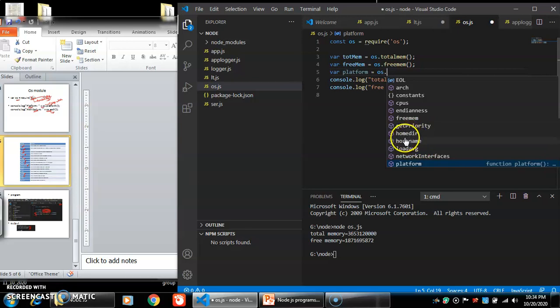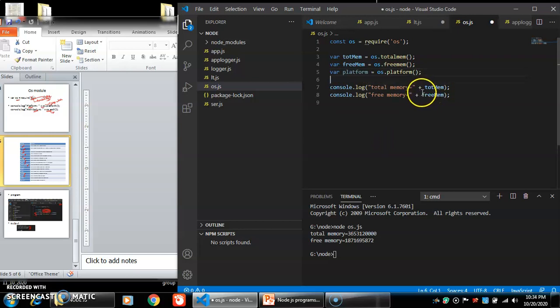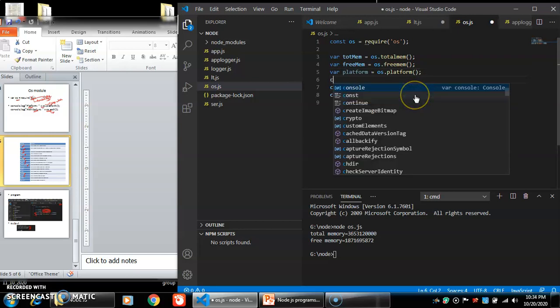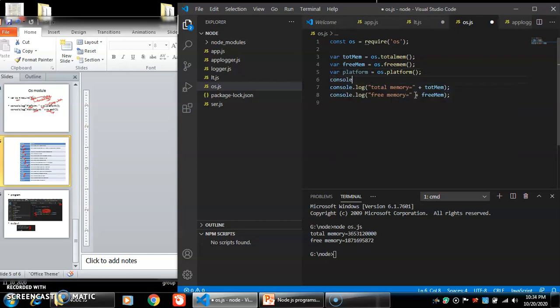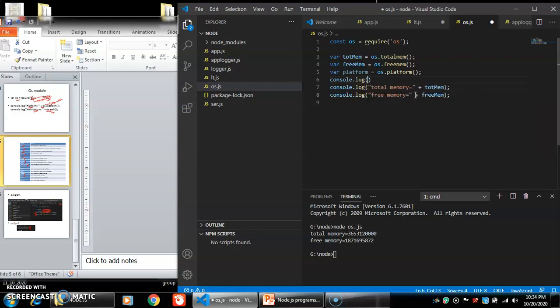which retrieve some values for your given method. So I am using platform, and that gives you the platform, and it's actually a function, so I used a function. Then for displaying this function value, I use console dot log, which is already defined there, then platform.